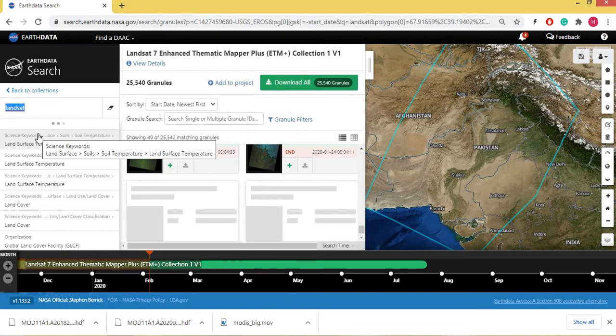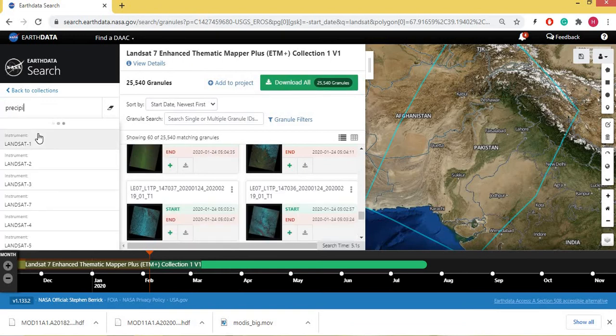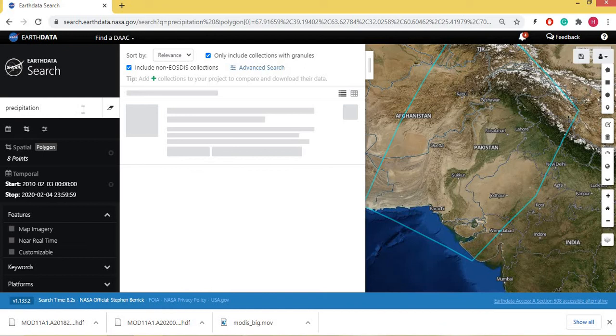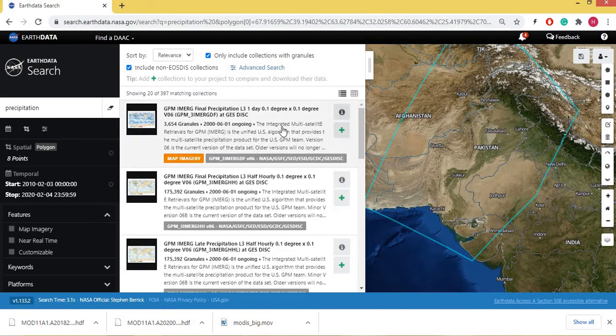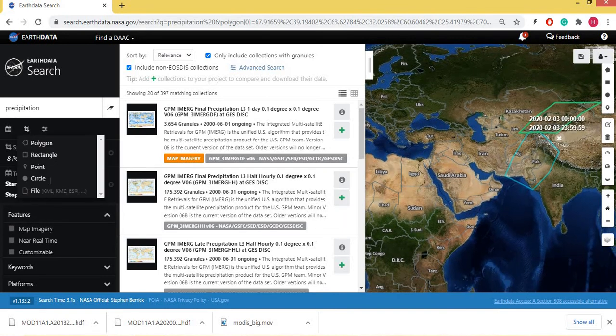And you can also select rainfall data, like precipitation data. So I am going to clear the spatial search, so I am going to clear this polygon.